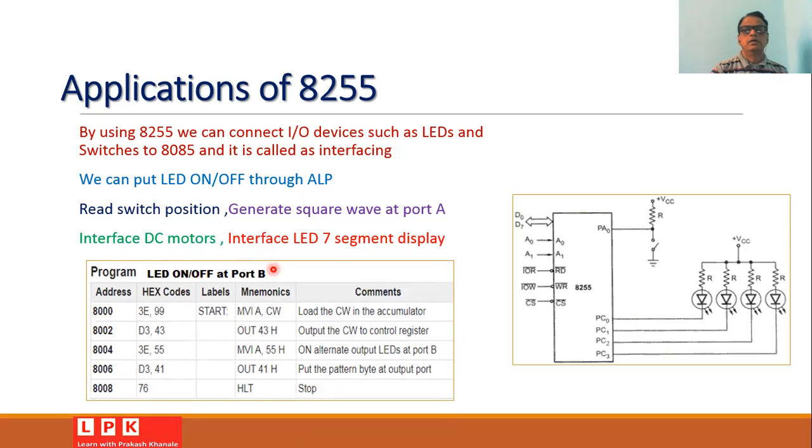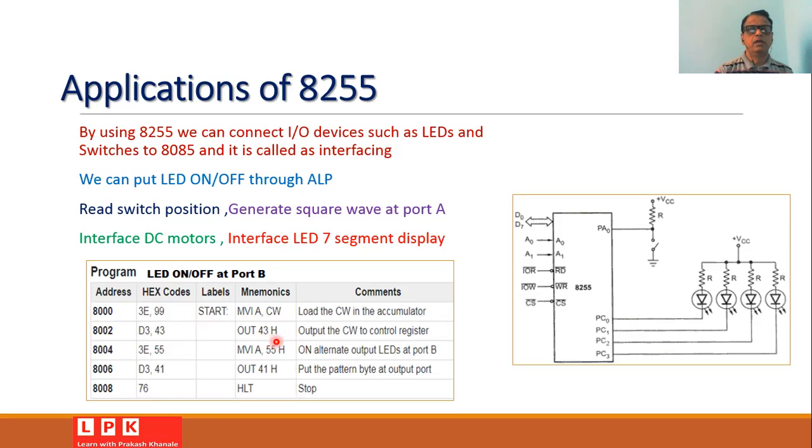Now, initially, we have designed the control word, and since we want to use ports A and C as input ports and port B as an output port, our control word will be 99. So initially, we will move this control word 99 into the accumulator by using the instruction MVI A, CW, or directly you can write 3E 99. Then we need to out this word to the control register, and you must know the address of the control register. Suppose in our case, the address is 43 hexadecimal,